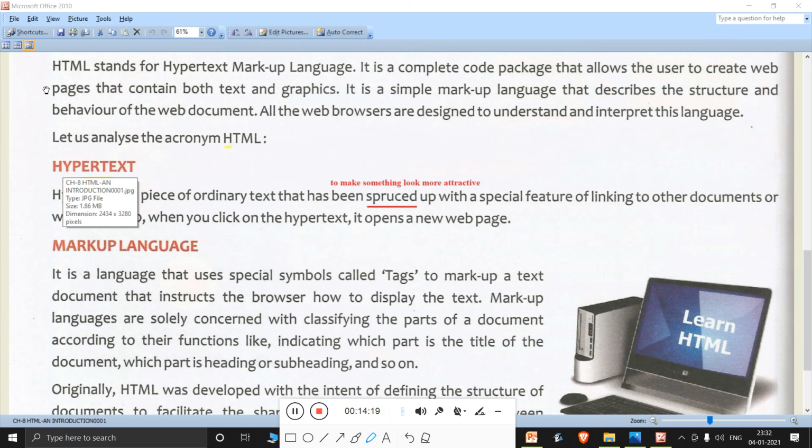First, let's talk about the H in HTML. What does the H stand for? Hypertext. Hypertext is a piece of ordinary text that has been spruced up. What is the meaning of this word spruced? To make something look more attractive. So this hypertext is a piece of ordinary text, but it has been spruced up,